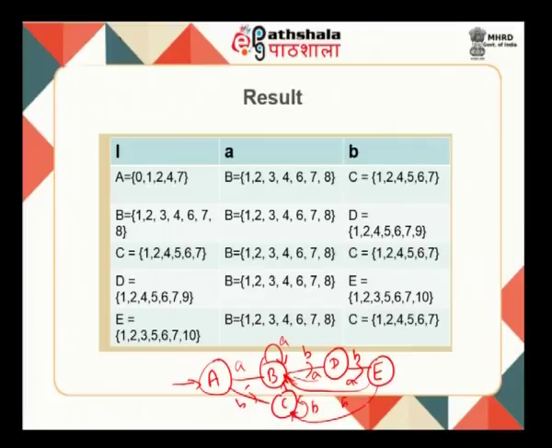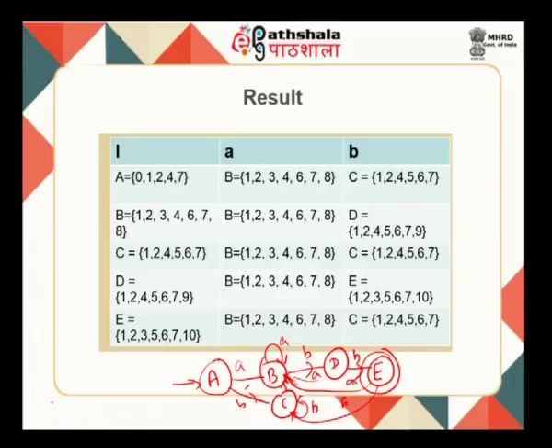So, this is my automata, and which is my final state component here in the NFA? 10 is my final state component. So, the states containing 10 will qualify for the final state. Out of the available states only E has a final state component, which is going to be the final state of your automata. So, this automata has basically got now 5 states: A, B, C, D and E.